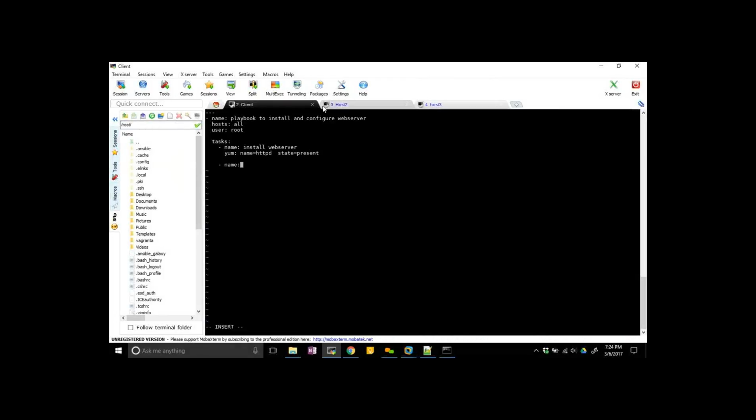Just a small doubt, Shankar, this is Krishna. If you are doing it only on a particular host, like host 2 or host 3, instead of all, is it enough to just mention the name of the server, or do we have to give the IP address?